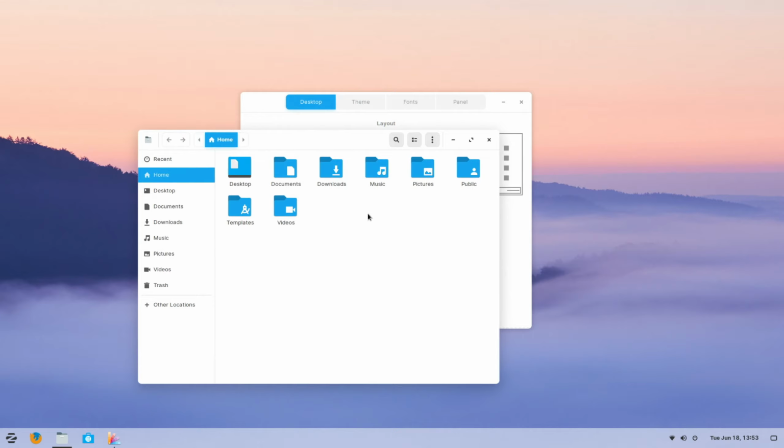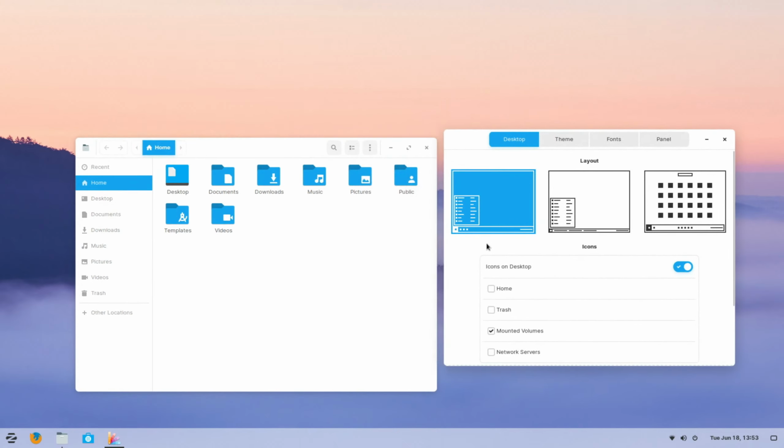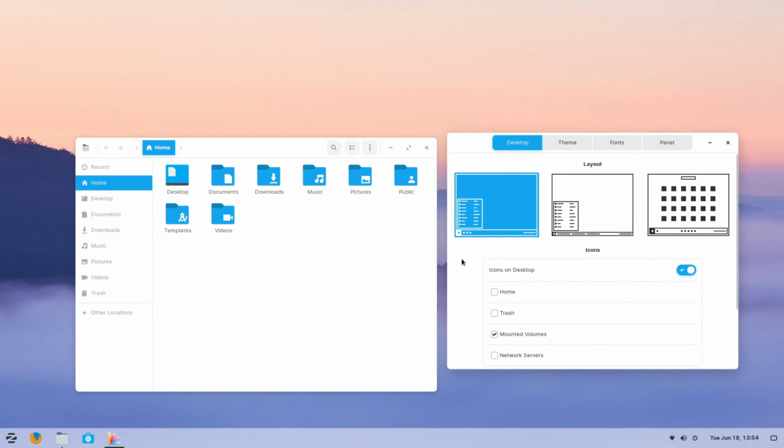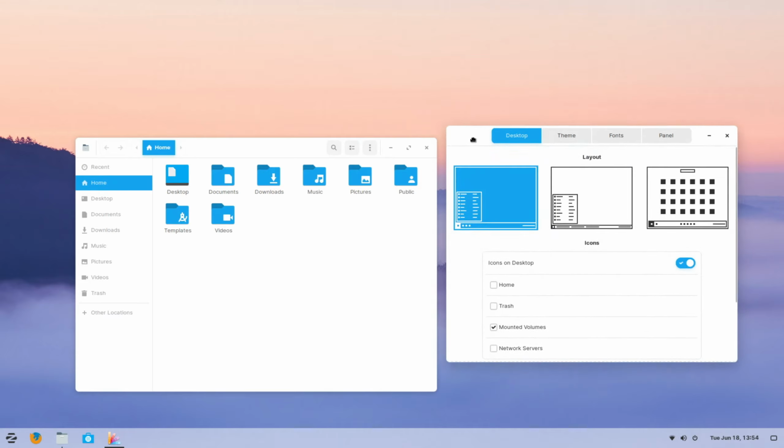And I do also really like their icon theme. The folders look really good. And some other cool things, so they have this Zorin Appearance app right here, which basically lets you tweak things that normally you'd have to do in GNOME Tweaks, but it's in a dedicated app called Zorin Appearance, where with the core version of Zorin, which is what I'm testing here because I can't afford the Ultimate Edition right now,